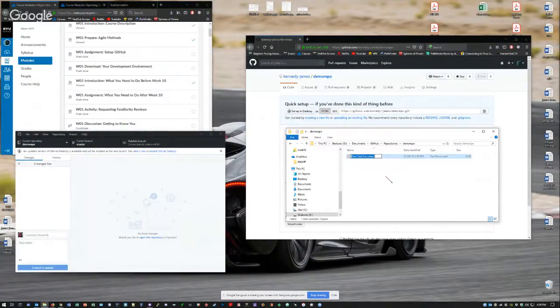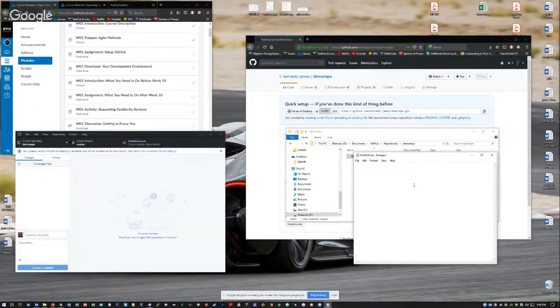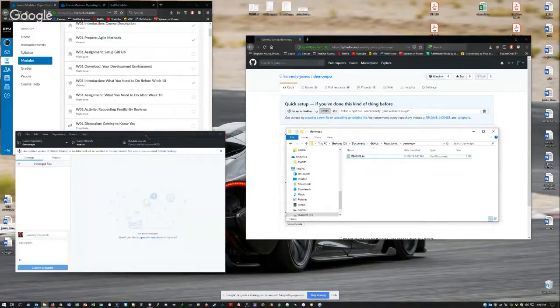create a new text document called README text, open it, and type some words. Save that and close it. Come over here. We see not only that there is a new file, but also the contents of said file. Now, let's commit it to the master branch and publish it. This pushes it up to GitHub's cloud,